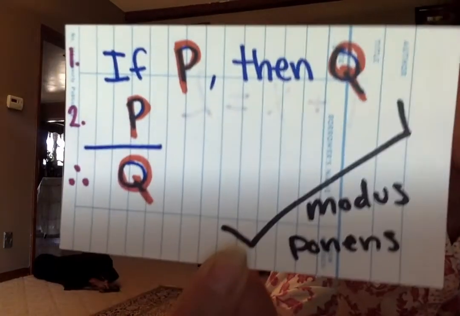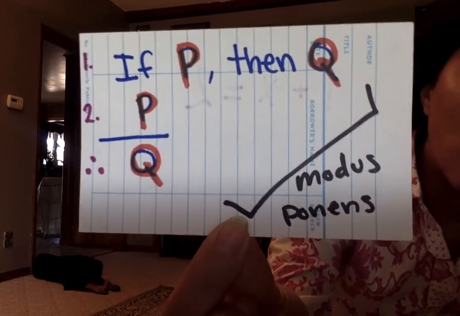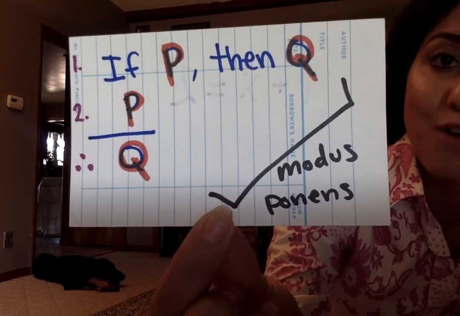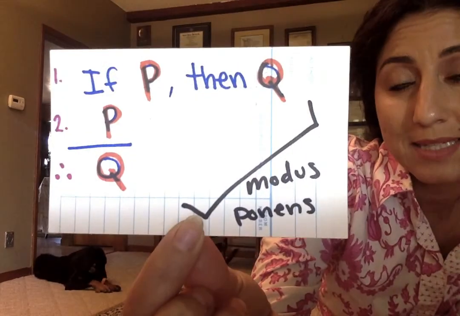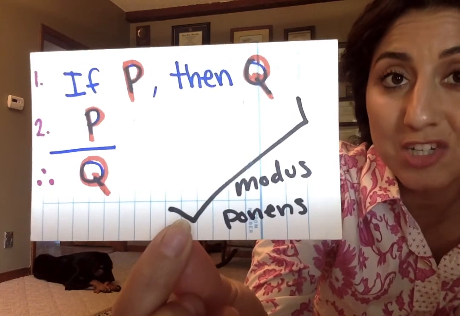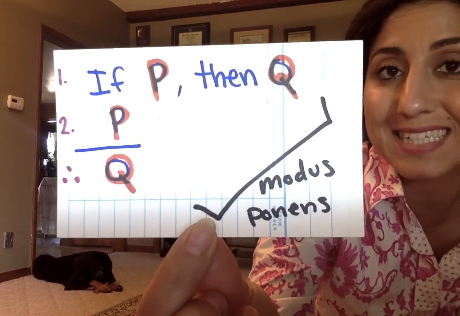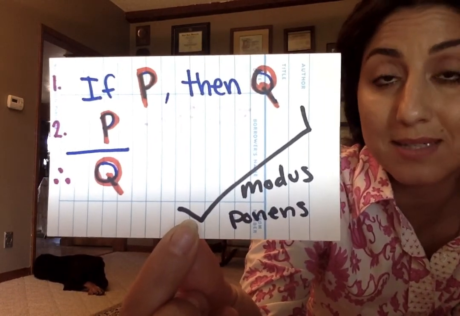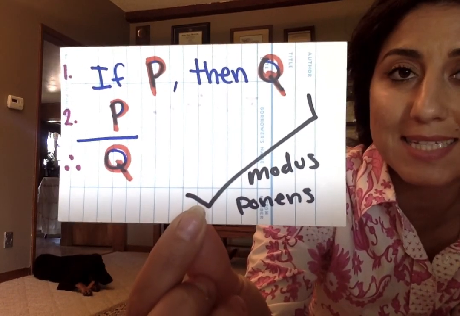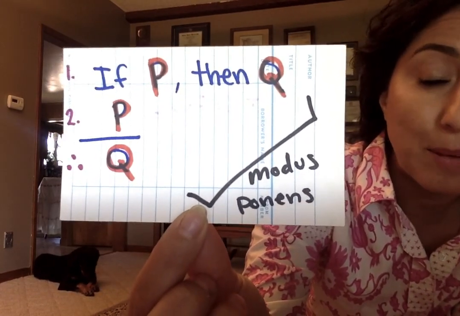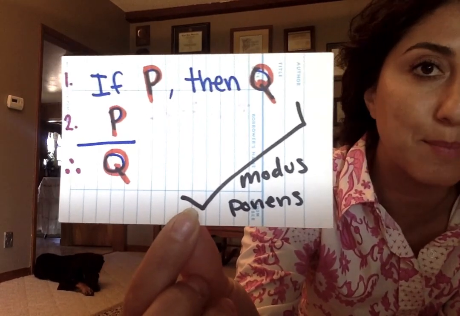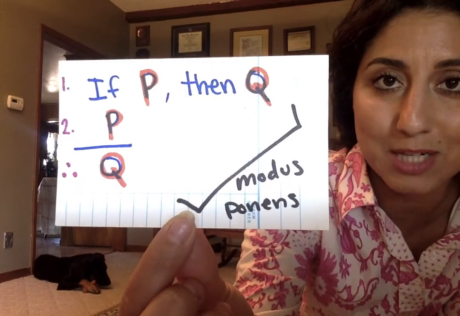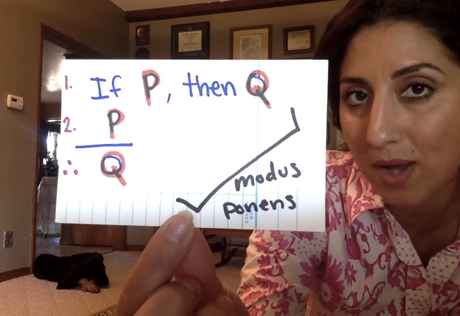Modus ponens. It's Latin for the mode of putting. And it looks like this. This is a logical form of a valid deductive argument. The first premise says if P, then Q. That's a conditional statement. The P is an antecedent, which is the hypothetical that, if you were to have it, leads you necessarily to the consequent, which in this case is Q. Premise 2 is P, so we're getting the second premise as putting what we need to get the conclusion. And then the conclusion is the consequent, Q.